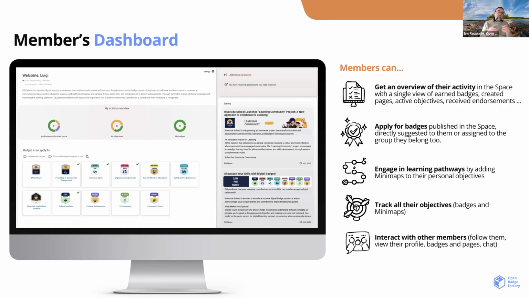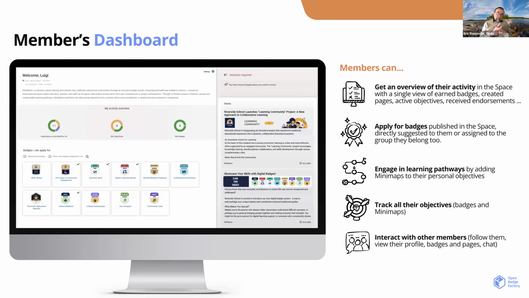But if you put this dashboard in project mode, then you will see this space more like a learning environment, where as a learner, you can see the badge applications that you have been submitting. You can see your objectives, so how much work you are doing now in this space with different kinds of badges or mini maps, and the badges that you have earned. And here you can see a program or a list of the badge applications that you can earn.